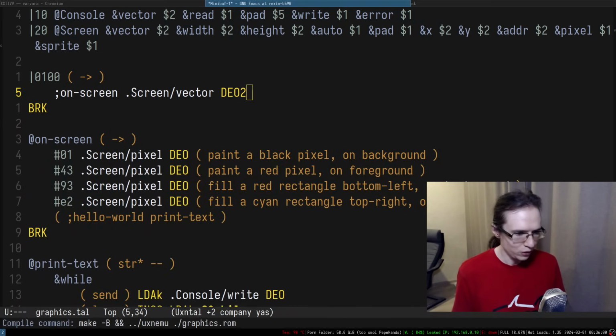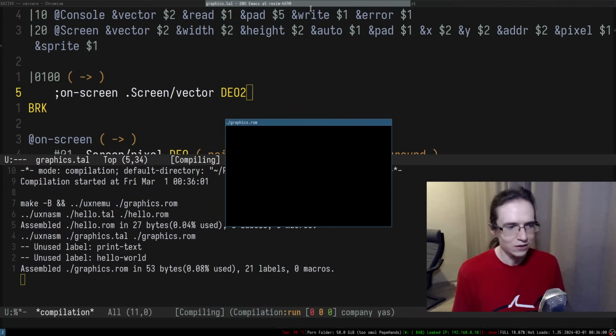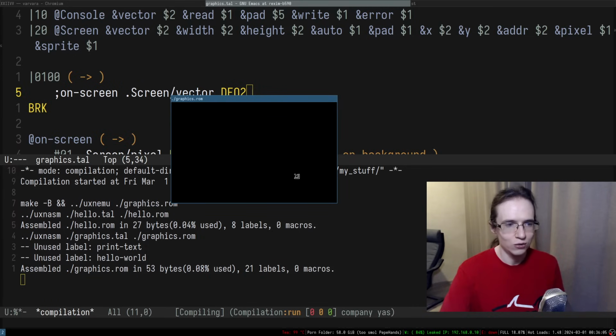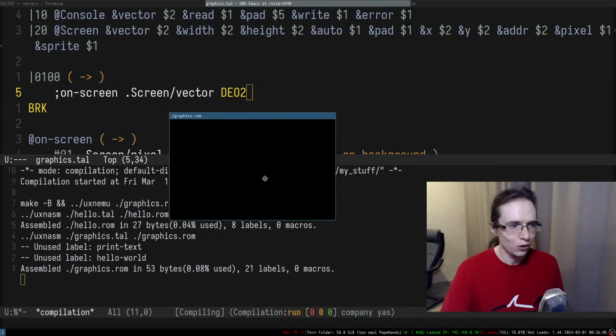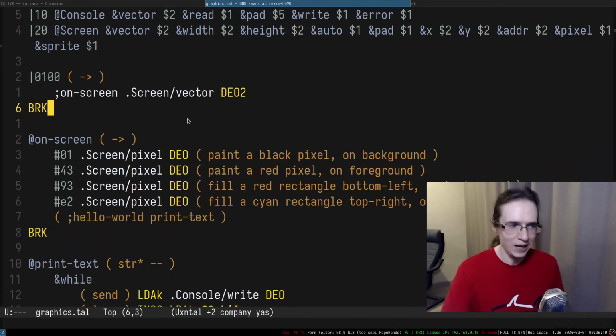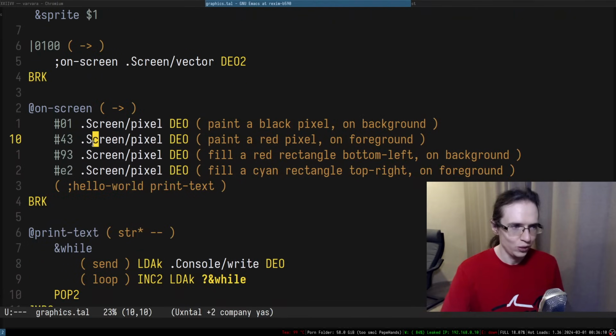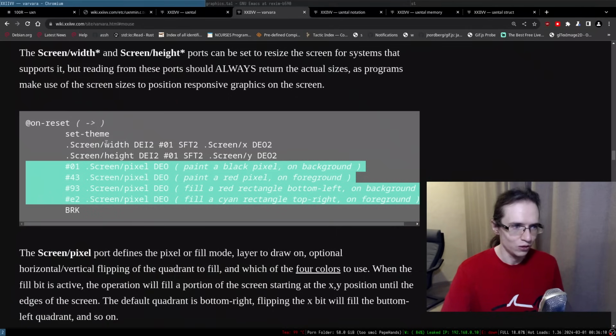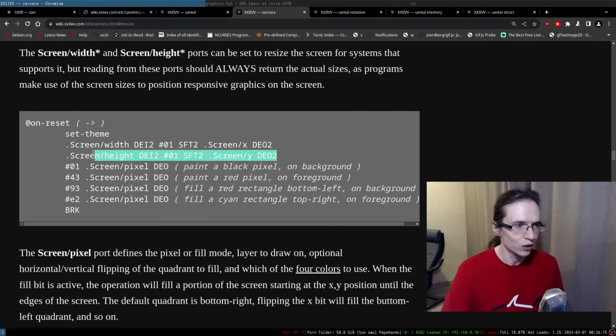Okay, so let's try to run this entire thing, and nothing is going on. I really don't see anything on the screen, so nothing is really happening, even though we set some things in here.